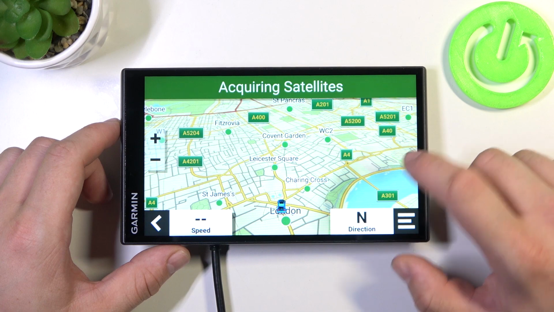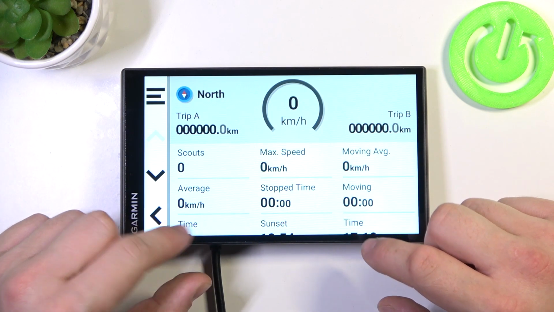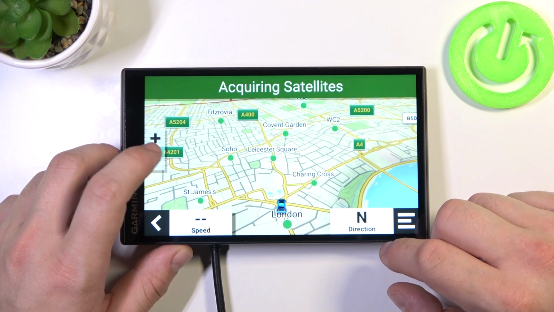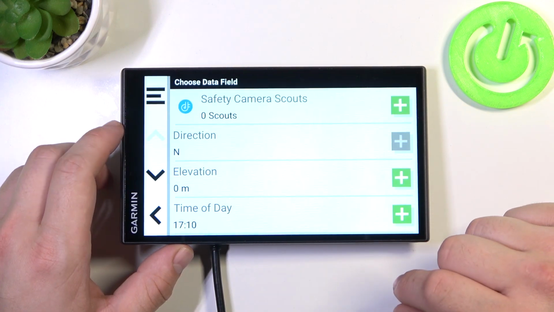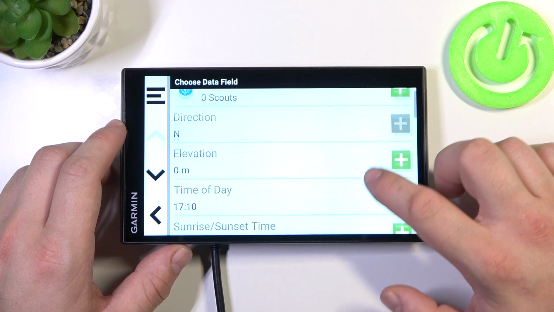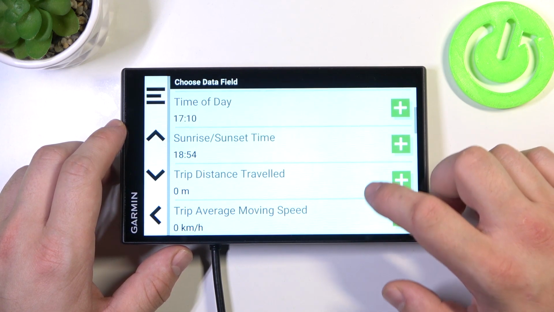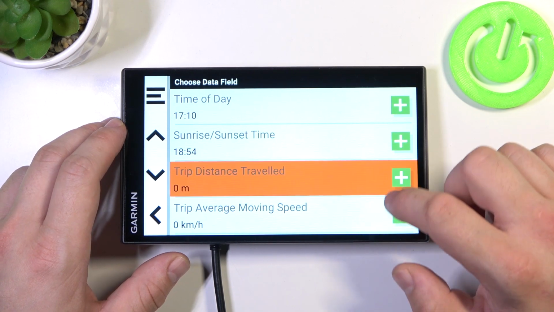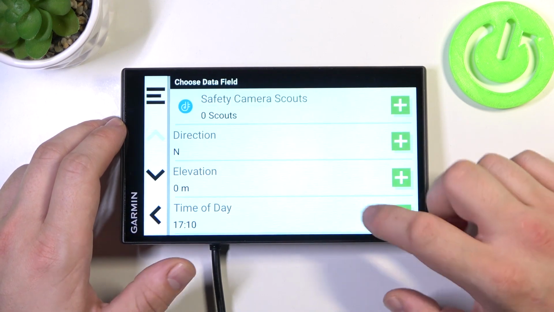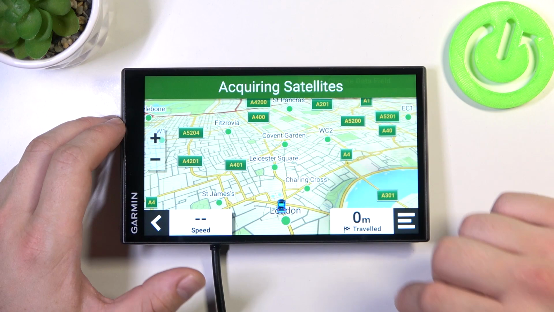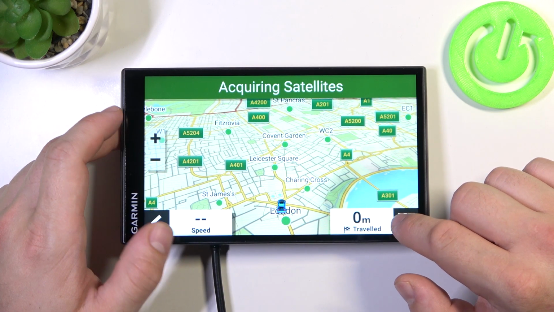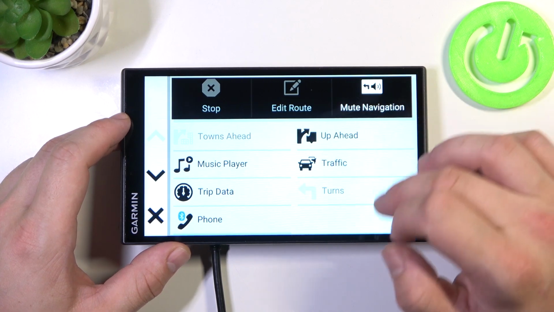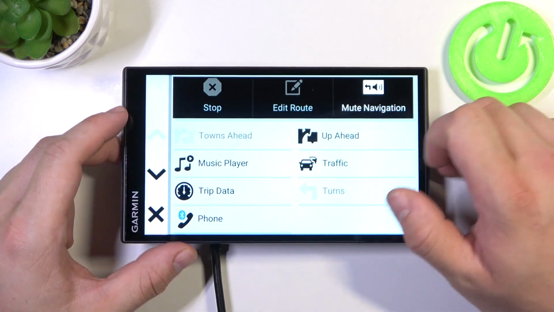Now, you can check your current speed, zoom the map in and out, change direction, time of day, sunrise, sunset, trip distance traveled, and many more. Then you can go to menu, and right here you can mute navigation, edit route, stop route,